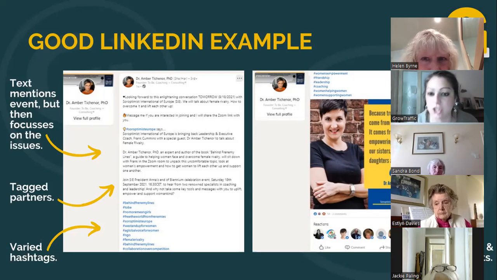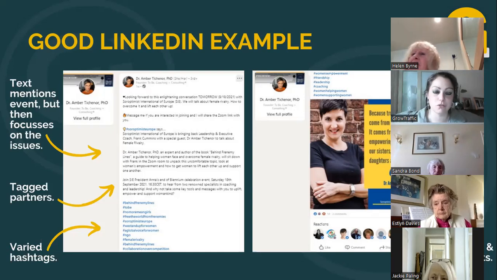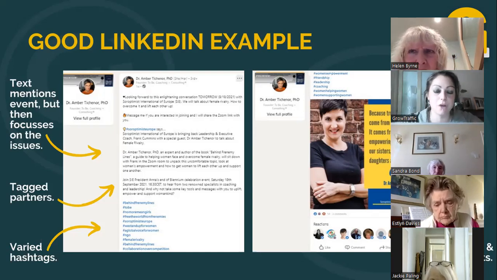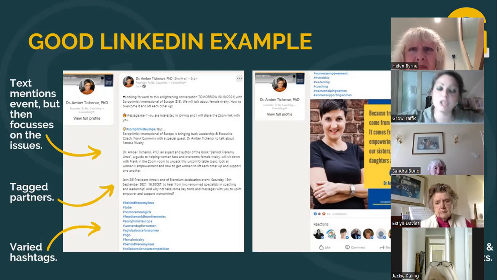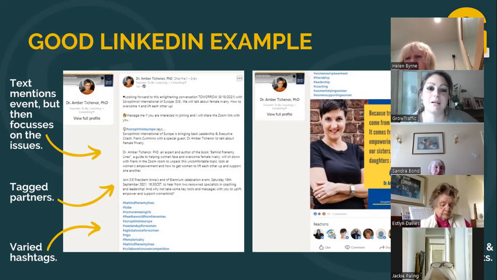So here she's used Soroptimist ones, but also she's got NGO, female leadership, family, coaching, women helping women, all sorts of stuff, depending on who is looking for that type of content, those hashtags. She's reaching out to a very wide audience there. So I always say, use an obvious hashtag, but then use some less obvious ones. If somebody is just looking for that type of content and they stumble across it and they go, oh, never heard of the Soroptimist, but let me see what they're doing because I'm interested in this topic.